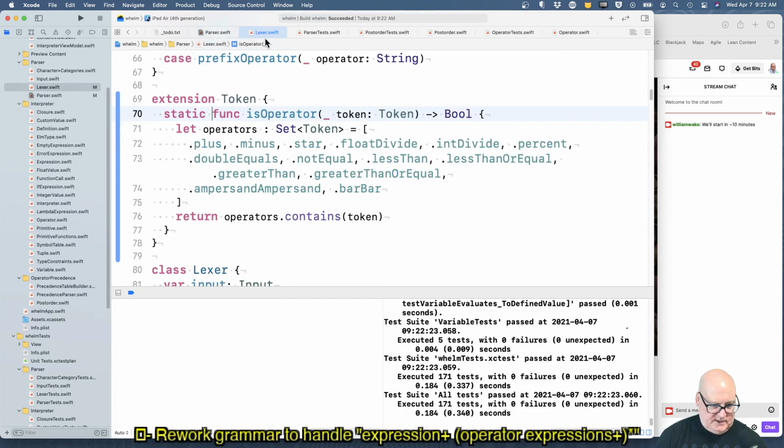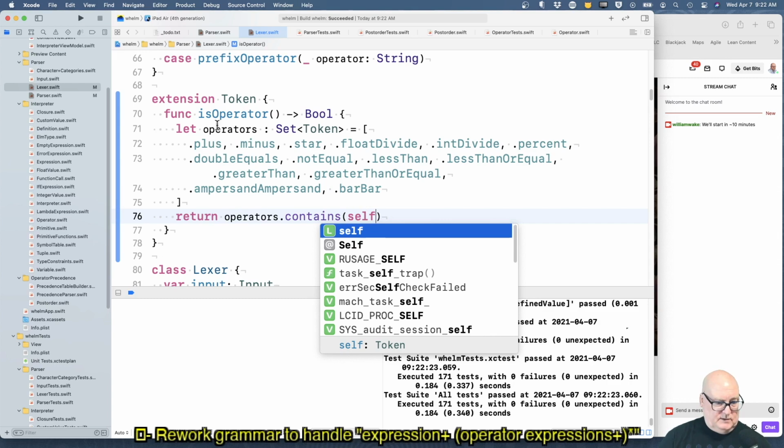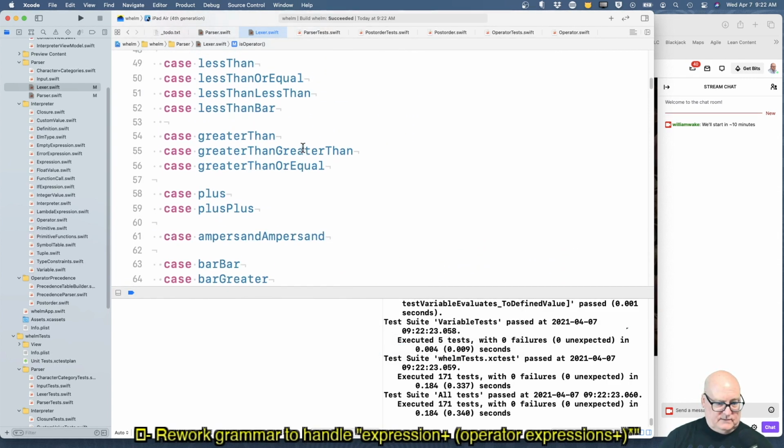Now, token is operator. Why should we pass in a token when we can just answer it for ourselves? So let's try that. So token we don't need, and this should do it. Is operator, and it asks about itself.